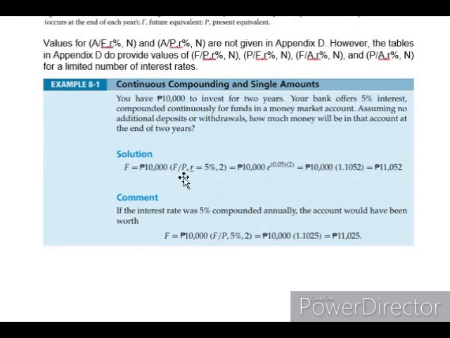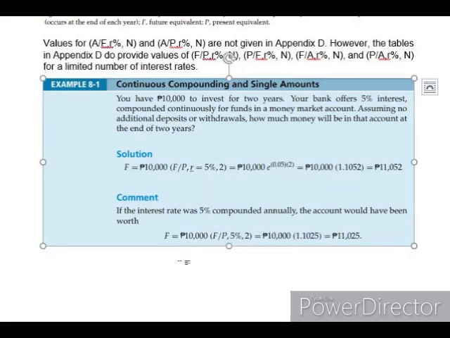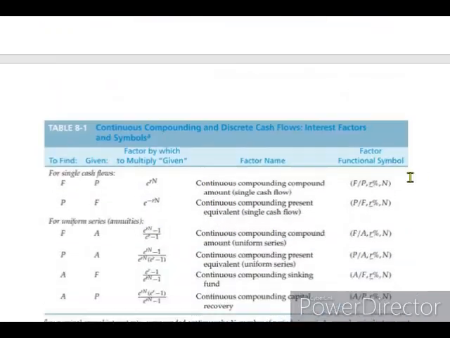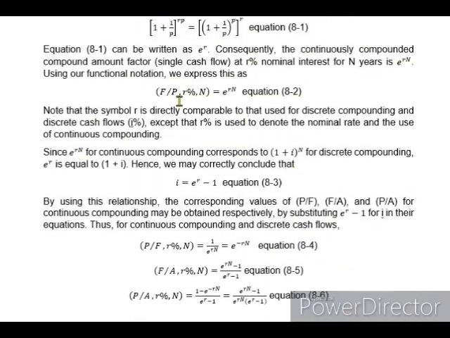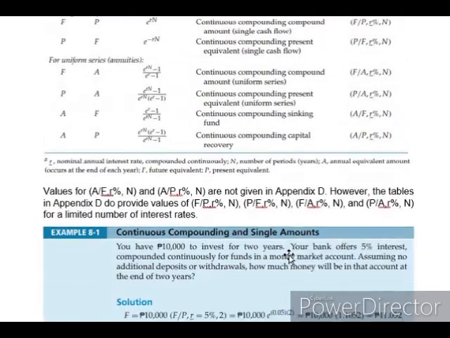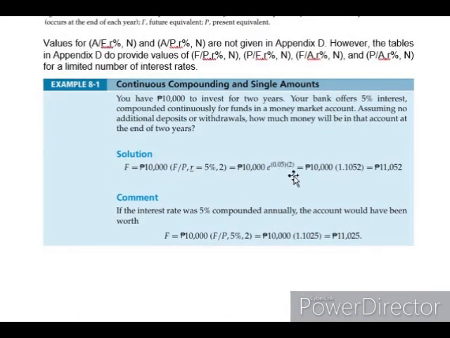So, ito guys, ang pinapahanap yung future value, kaya nga ginamit natin itong formula na to. So itong 10,000, yan yung present amount. Tapos ito guys, yung formula na yan, anong pwede natin magamit? Diba ito rin yan, same lang guys, diba? So, e raised to rn. So, yun yung multiply natin sa present amount, kasi ang present amount dito ay 10,000. So, e to rn lang to eh. Yung Euler's number guys, diba? Sa calculator nyo, meron dun e. So, yun yun, Euler's number. So, evaluate mo lang yun, siya, 11,052